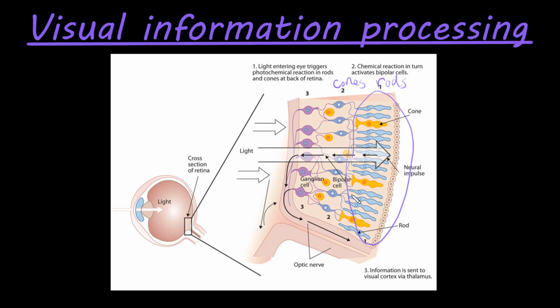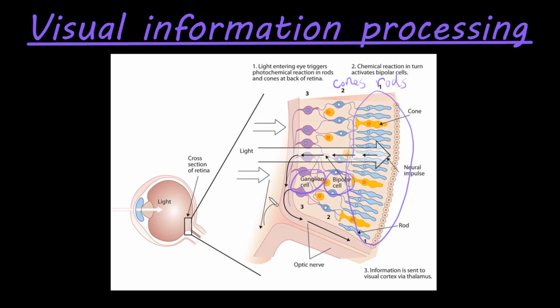So what happens next? So that information is going to be transferred to our bipolar cells in our eyes. So after light goes and hits the retina to the photoreceptors, it's going to go to bipolar cells. After bipolar cells, we're going to ganglion cells. So light doesn't come in this way and go to ganglion cells first, and then bipolar, and then our retina. It's going to hit the back of the eye, which is our retina, and then go to bipolar cells and